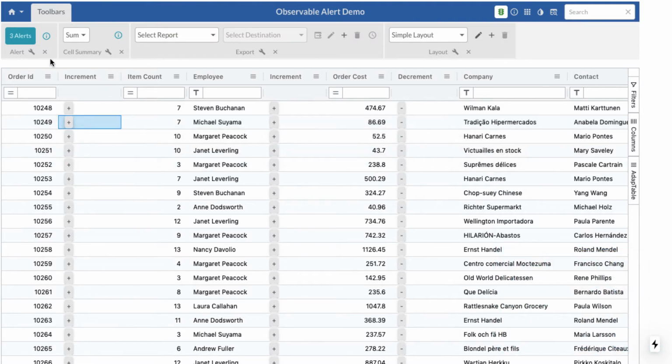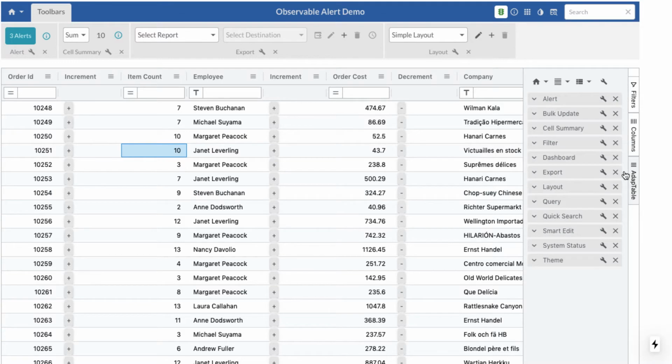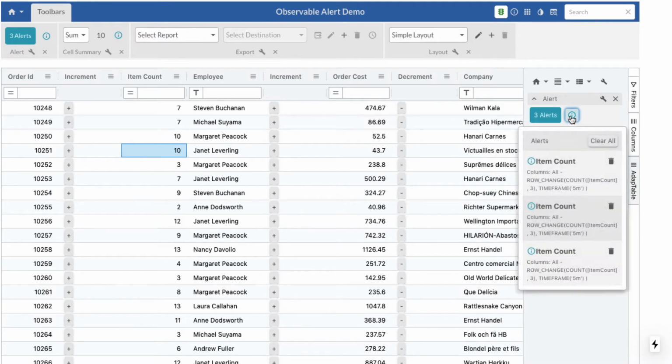So that's the first type of observable alert. And again, you can see them here, you can see them here, and you can also see them here as well if you want to, full information about everything. So let's clear our alerts,